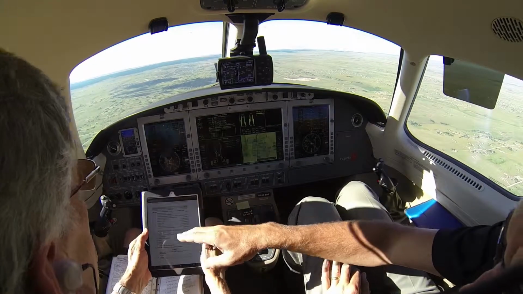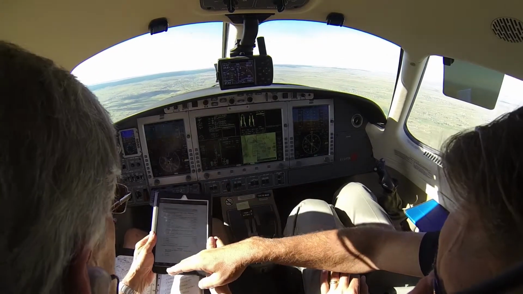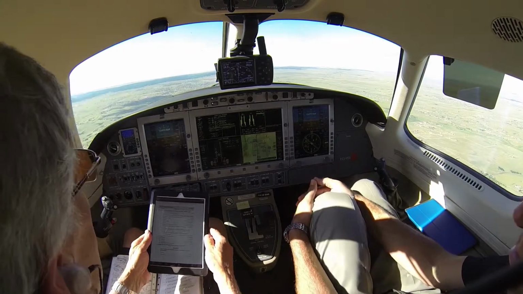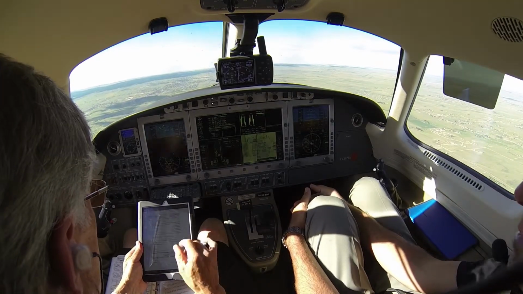This checklist is now your normal checklist. This is your approach and descent check, everything right through before landing all the way to the ground. Okay. So you don't have to get out your normal. Landing gear. Landing gear. Okay. Verify your call. So at this point,